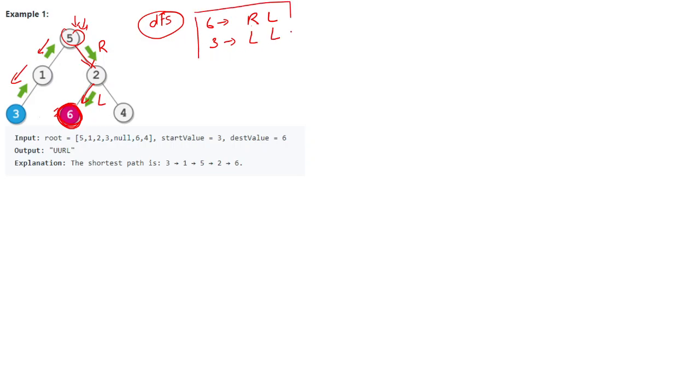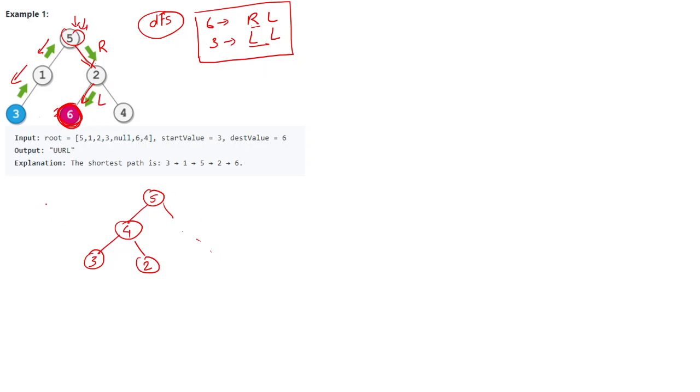Now once you have got this particular path for both of them, we have to remove the duplicates. What I mean by duplicates is, as I have shown in the previous example, suppose this is 5, suppose this is 4, this is 3, and this is 2, and let it be here.